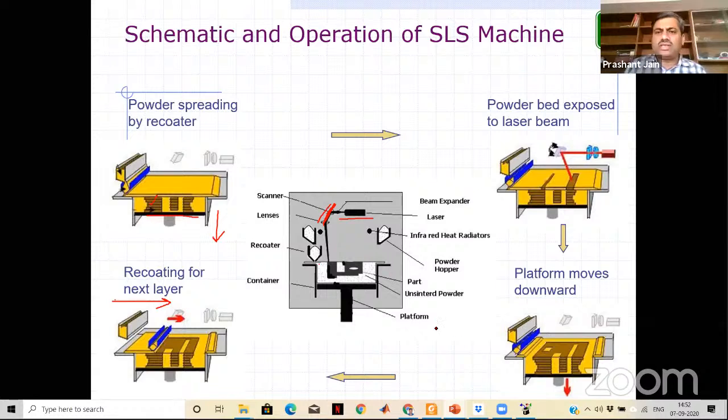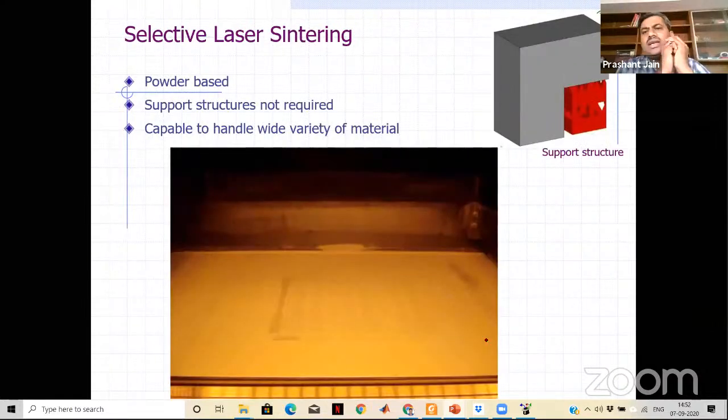Look at this with some video. And since this is, instead of the FDM process, in the SLS process, you see, look at this, this kind of overhang features can directly be made. We don't require this kind of support. This support is not required. Anybody could tell why this support is not required in the case of the selective laser sintering process? Anybody from the participants?